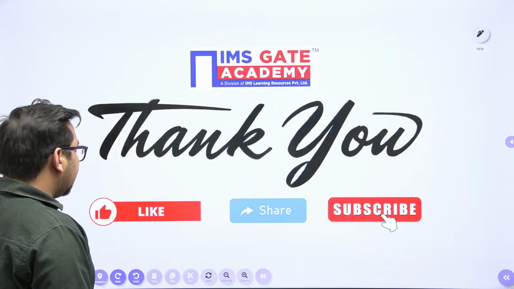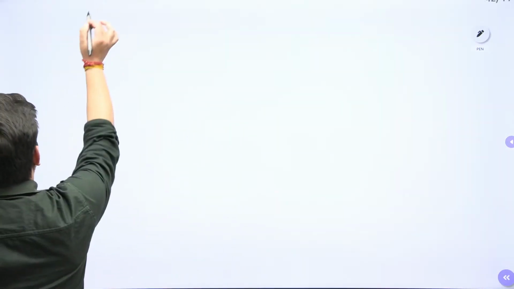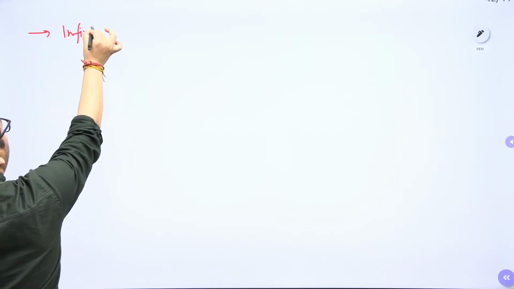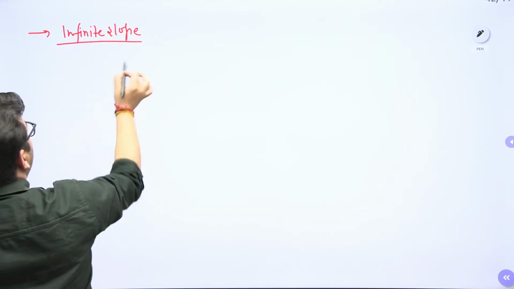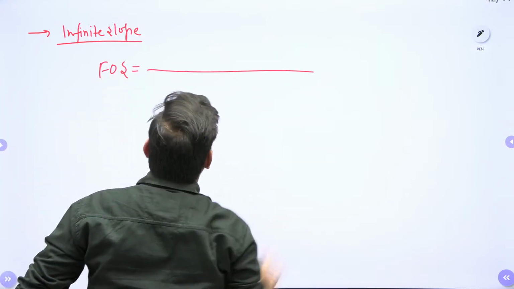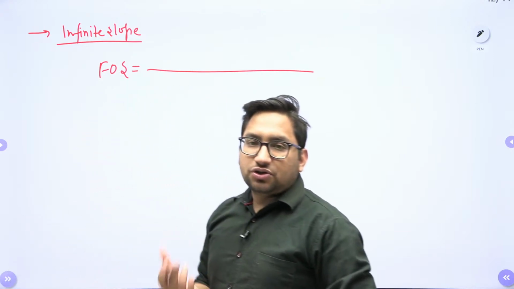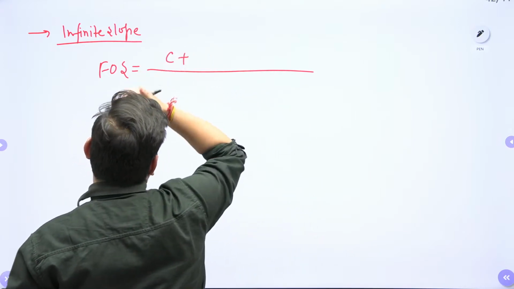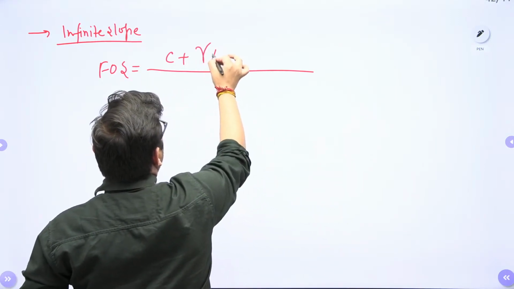Now, in this particular chapter, the examiner mainly asks you for the calculation of factor of safety. So first we will see the different cases in infinite slope. What is my factor of safety formula? Factor of safety is the ratio of resistance against failure upon the resistance which is causing the failure, right? So we know that the shear strength of soil is responsible for the resistance against failure, which is given by C plus gamma into Z